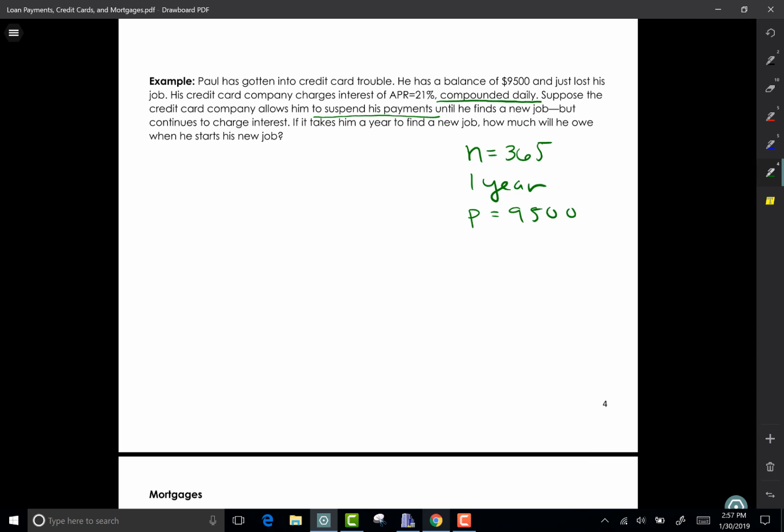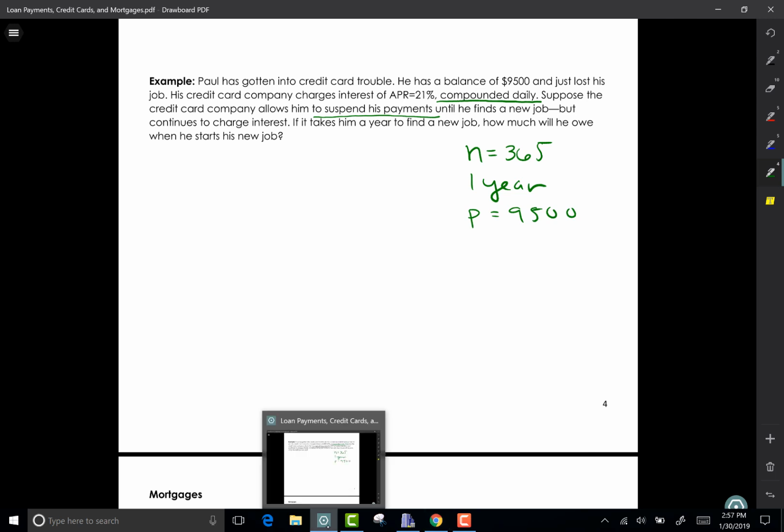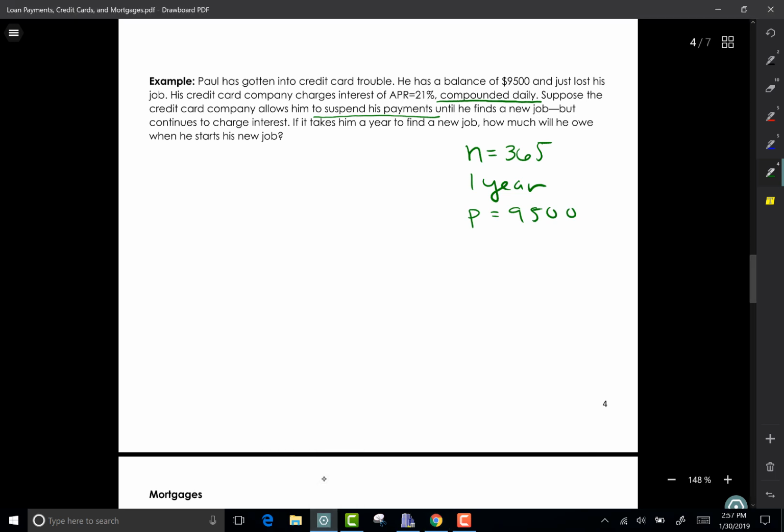So this is just one lump sum of money, which is the $9,500, that is growing by compounding daily, 365 times a year for 1 year. So this is not going to be one of our payment formulas. If we look back,